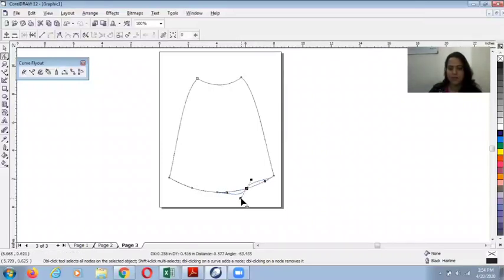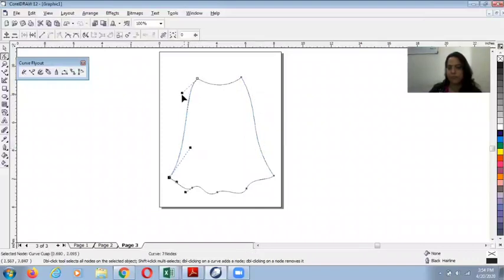Then you can see I'm giving flare. See how much stable it is. I can move it to any shape.